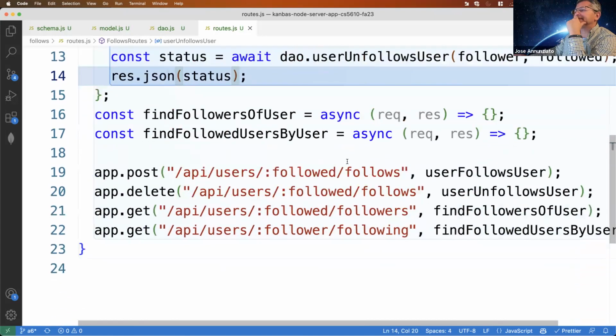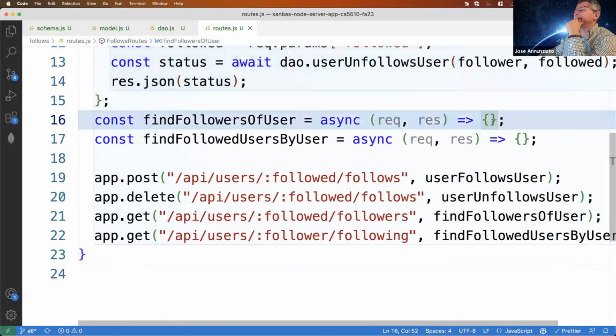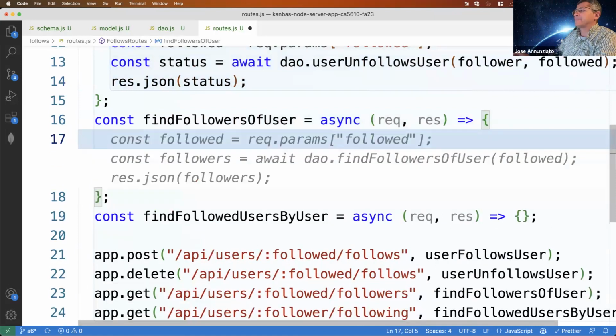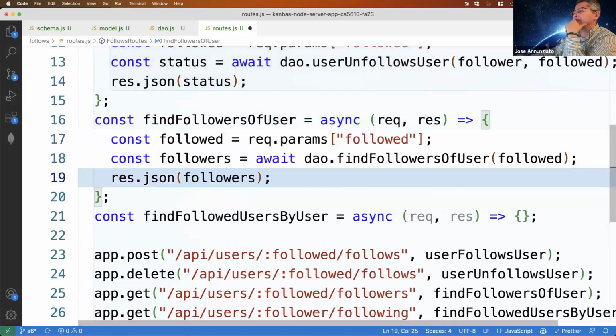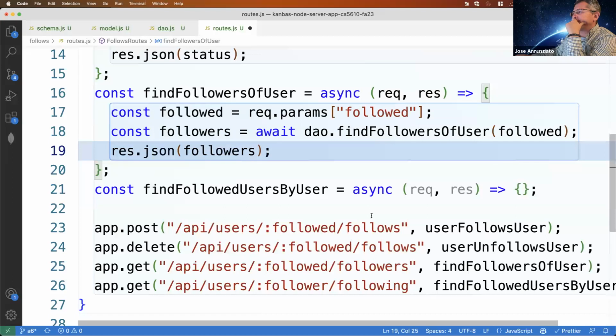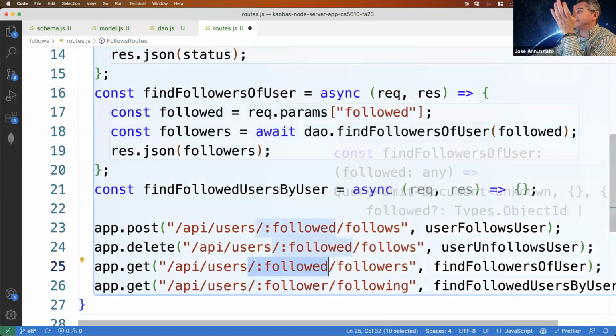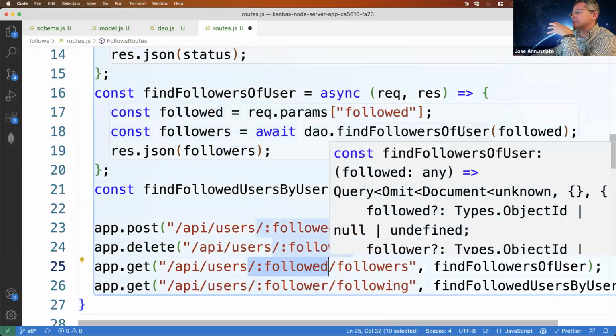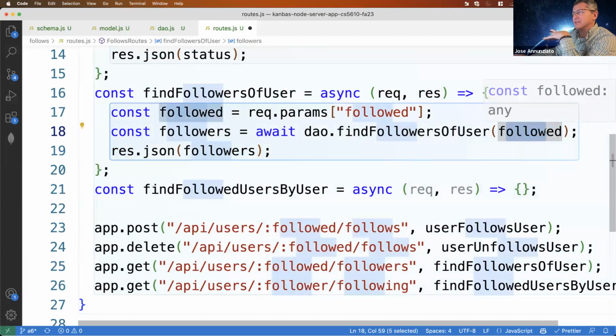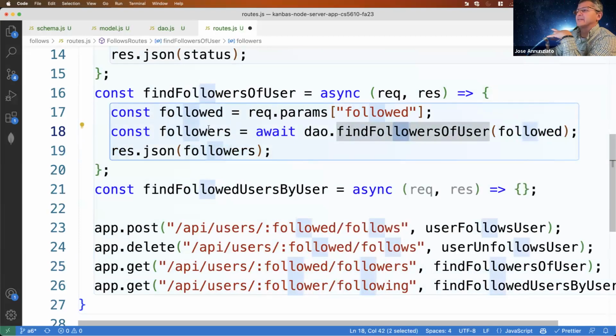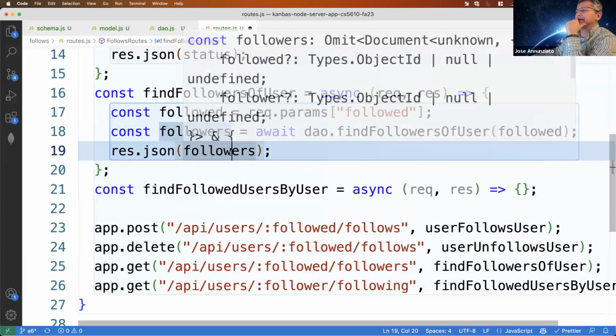And then find the followers of user. And we're going to take the followed, right? And then we're going to say, okay, find followers of user, and here's the one who's being followed. So yeah, exactly, right? And then these are the followers. I'm going to return the followers, perfect.